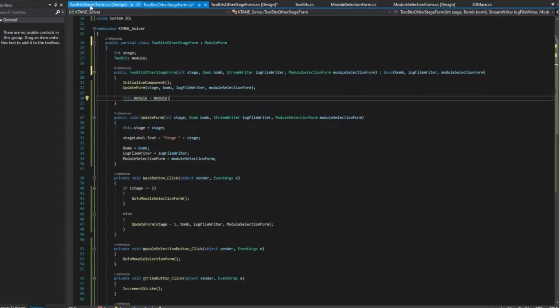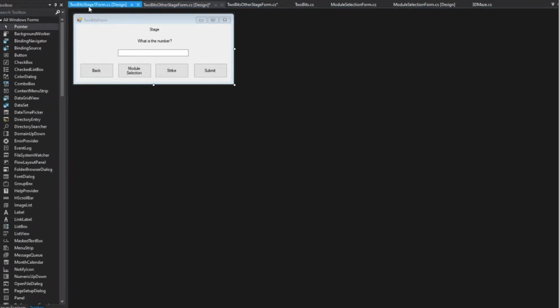I made 2 GUIs. The first shows the user what the first code to query is since it's entirely based on edgework.